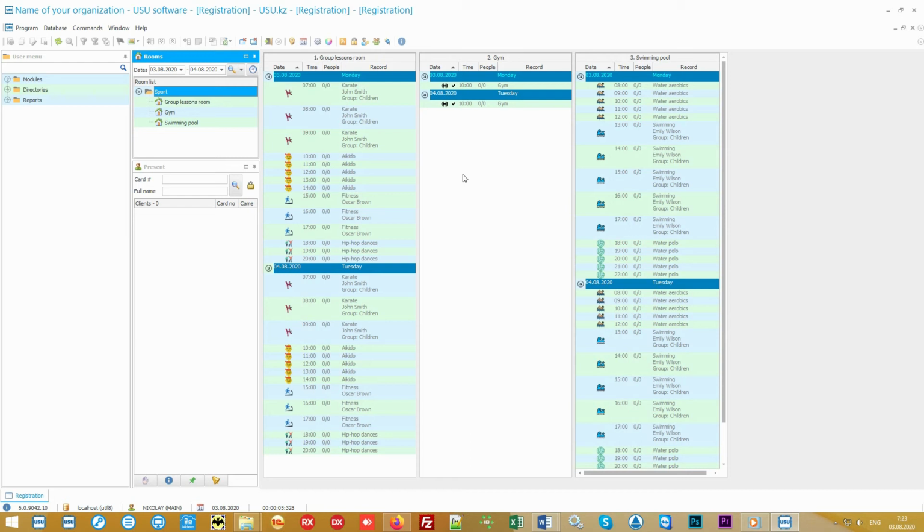You can mark in the program individual and group classes. You can even work in the mode where the number of visits from the client is unlimited. In case of group classes, if it's known in advance who will teach the session, the name of the employee can be indicated. Customers, if desired, can be divided into groups. Near the start of the lesson, the number of people recorded and arrived is displayed.